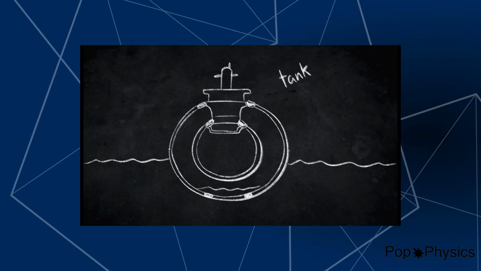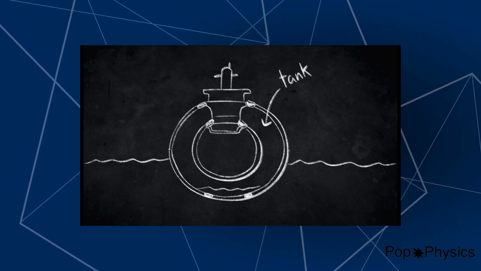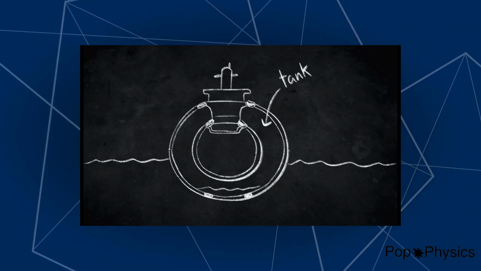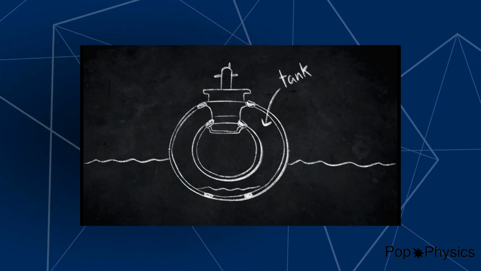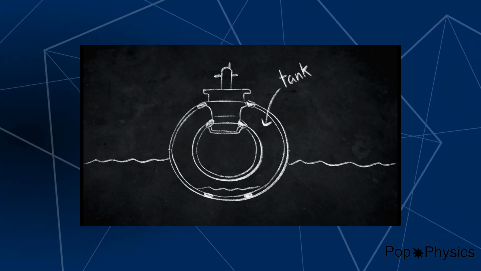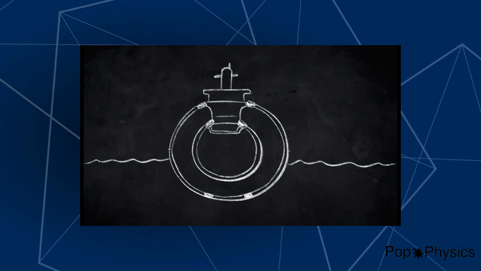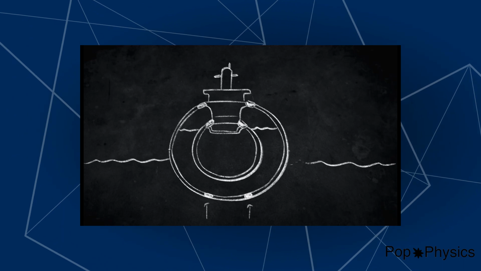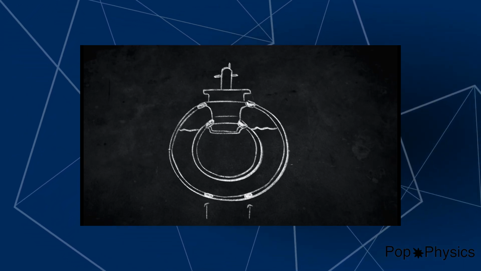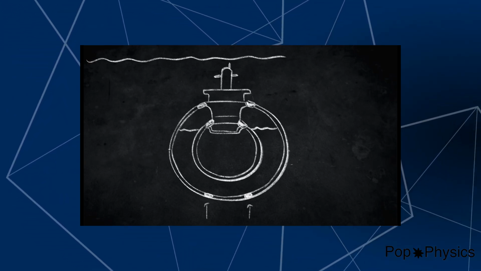Thanks for that, Jonathan. As you can see, a submarine uses this very same idea. It has tanks around the outside of its body, which are filled with air to allow it to float. Whenever the crew want to dive, a valve is opened at the bottom and water is allowed inside the tanks. This increases the density of the ship and causes it to sink.